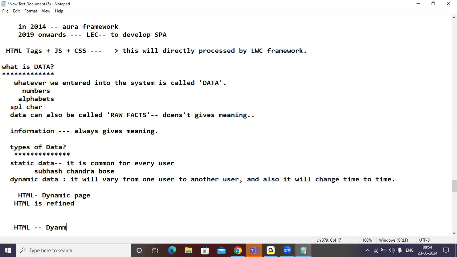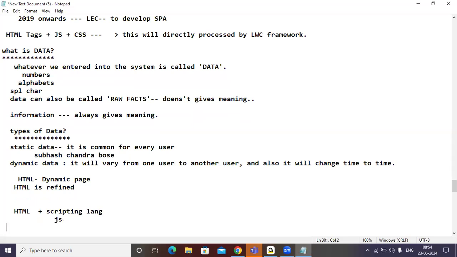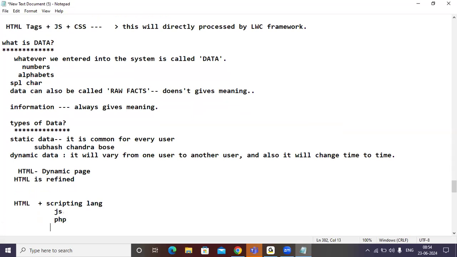For that, we can add any kind of scripting language. The scripting language could be JavaScript, PHP, JSP or anything. But some of them are client side, some of them are server side.